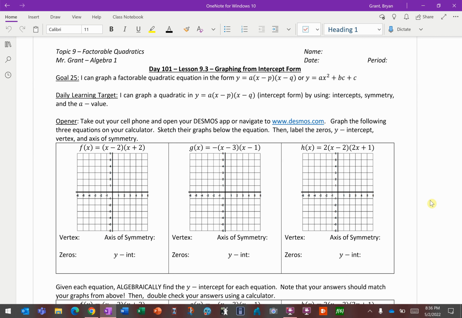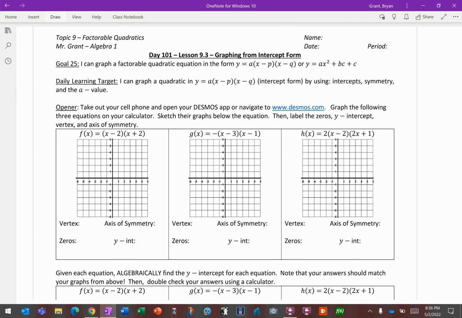Welcome back to Topic 9, our factorable quadratics unit. Today we're actually going to take a step away from solving quadratics. We've done all we need to do for this unit, and we're going to turn to our second focus, which is goal 25. I can graph a factorable quadratic equation in two different forms, and I've written the forms